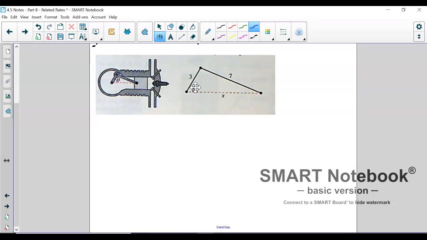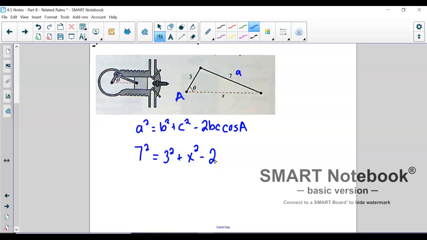So if you remember the law of cosines, it looks like this: a squared equals b squared plus c squared minus 2bc cosine of A. So in this particular case, we are going to let this theta right here be our A. And so that would make the 7 our lowercase a. So we're going to have 7 squared equals, and then b, I'm going to let it be 3 squared. The c, I don't know. I'm going to call it my x. And it's going to be minus 2 times 3x cosine of theta. So if we simplify that a little bit, we've got 49 equals 9 plus x squared minus 6x cosine of